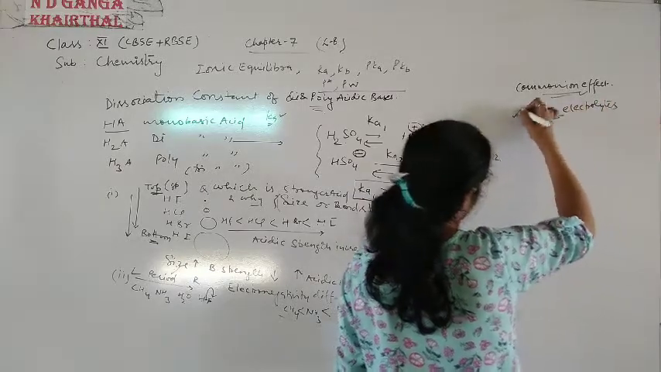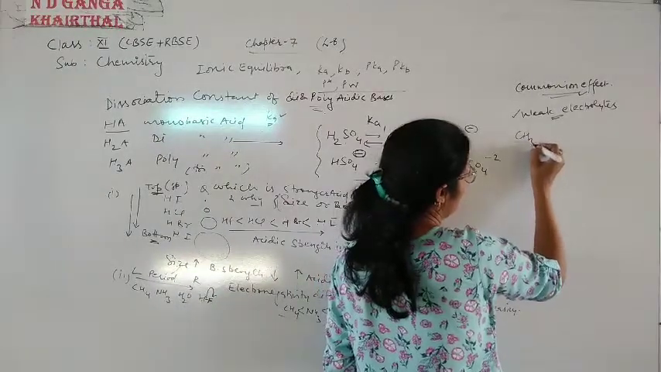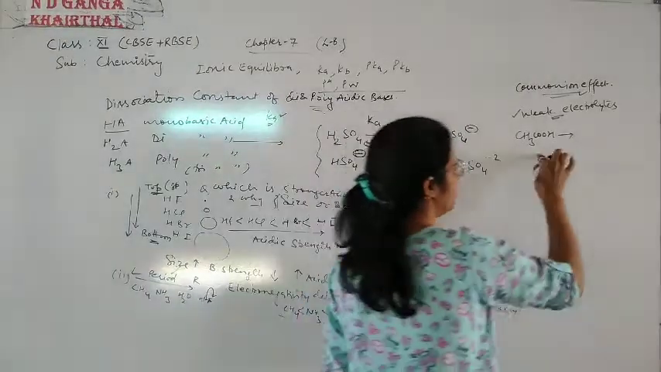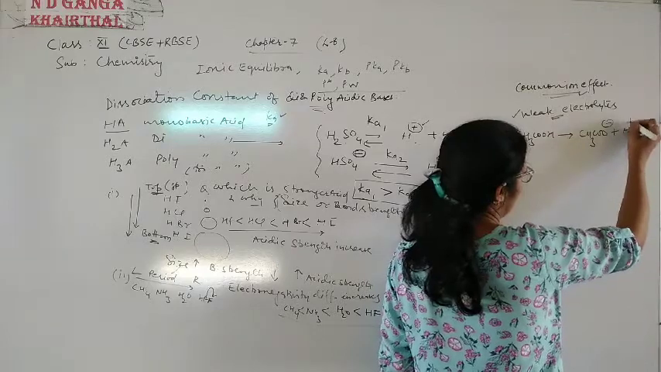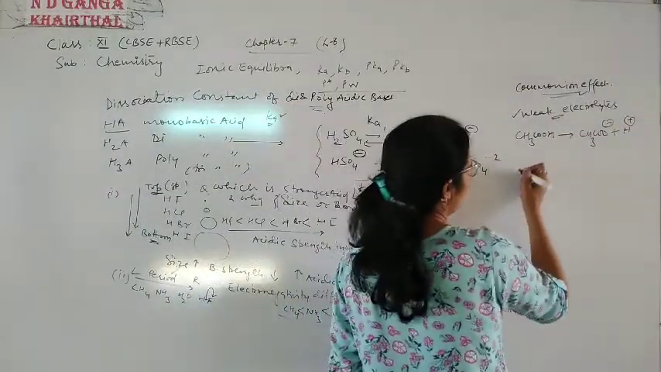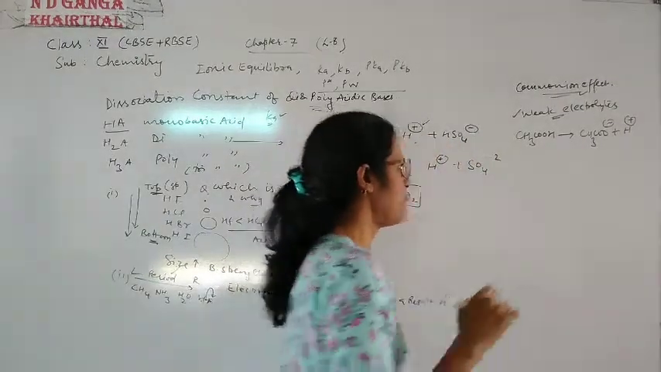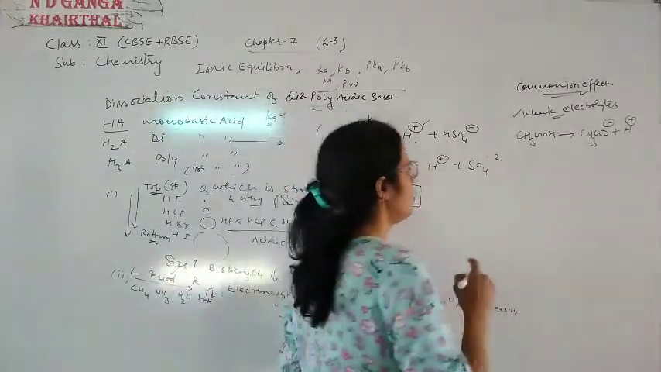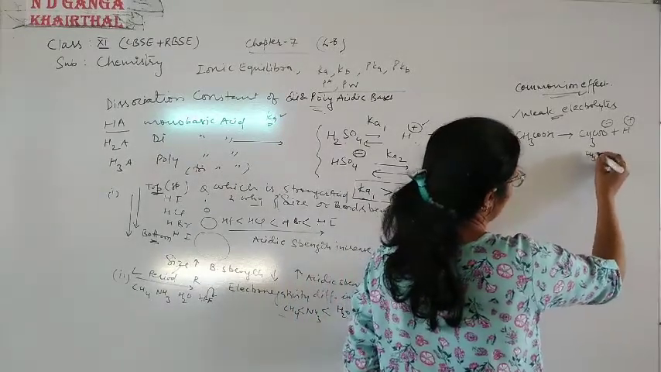Weak electrolytes. Okay? For example, we have a weak acid like this. This acid on ionization gives anion and cation. Clear? What will happen if we add a substance which has a common ion? For example, if we add some acetate ion in this solution,